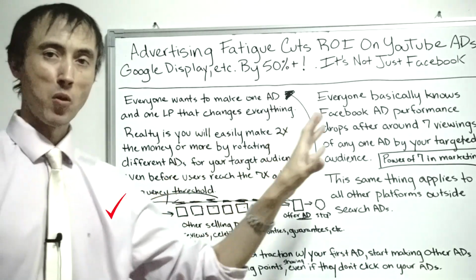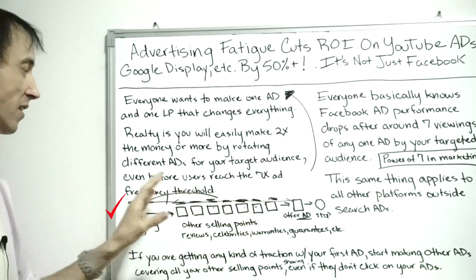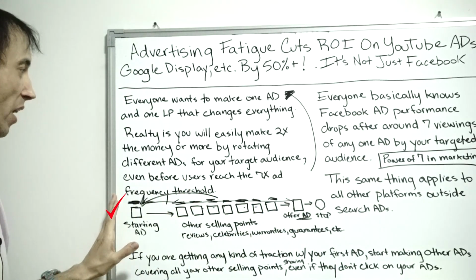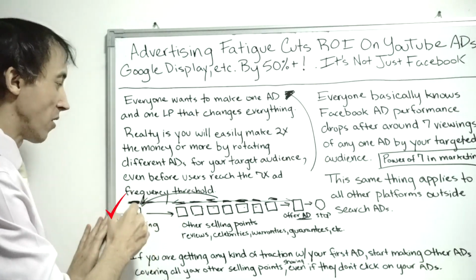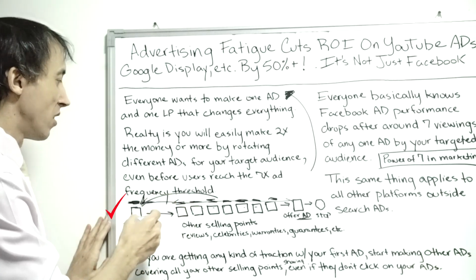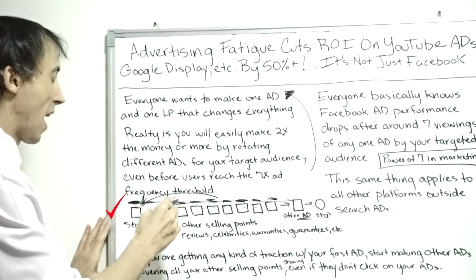Not just random approach after random approach after random approach, every other ad that they see ties into the first one. And the fact that they see 2 ads, they're more likely to click than if they saw 1. If they saw 3 ads that were all in the same theme, they'd be more likely to click on an ad than they were on the first ad.